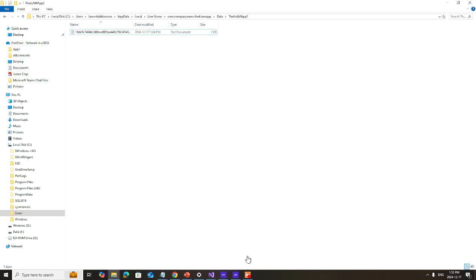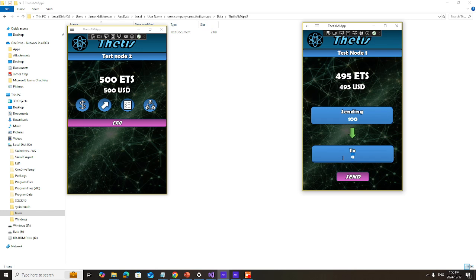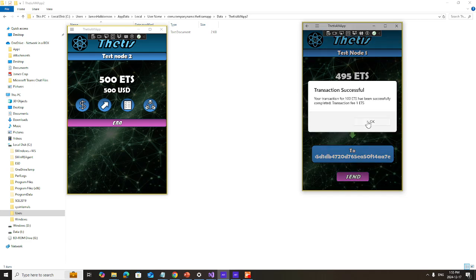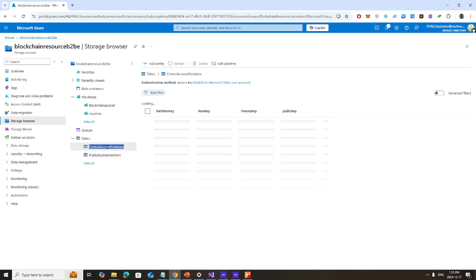Grab our address. Come over here. That's node 2. We want to go to node 1. So we'll send another 100 to node 2. Okay. So now that's there. Before this updates, we'll come over here and we'll go look at the central account database,